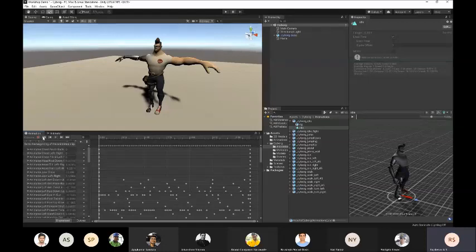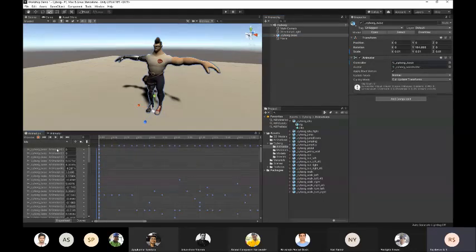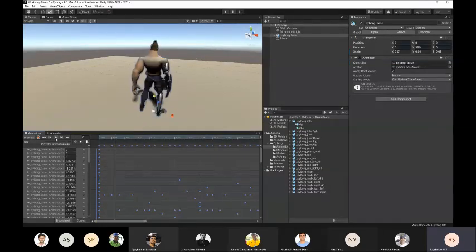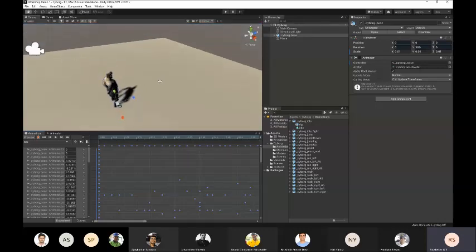Click on animation, press Control A to select everything, Control C to copy, and I'll go back to our model. This is our idle animation, it's empty. Click on the window and Control V to paste it. And that's how we use this. So if we click play here, you can see the object goes into idle. He turned around because the animation is telling him to orient himself that way, but that's okay.